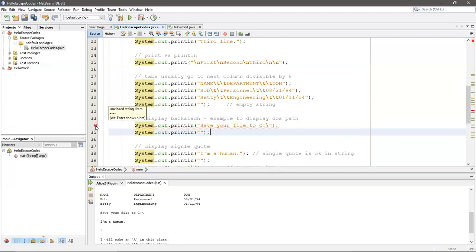And it says on close string literal. It's totally confused, right? When you get something like that, you may not know how to respond to it unless you understand the escape code. Now, what I usually tell people to do is continue to edit, go back in time until you get to a point in time where your line of code is not